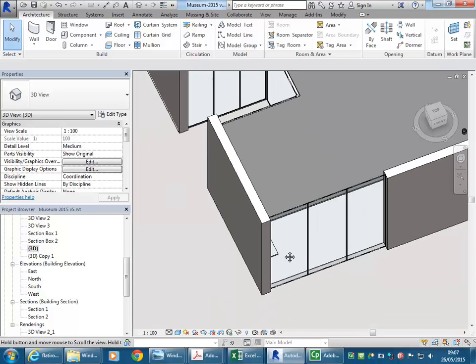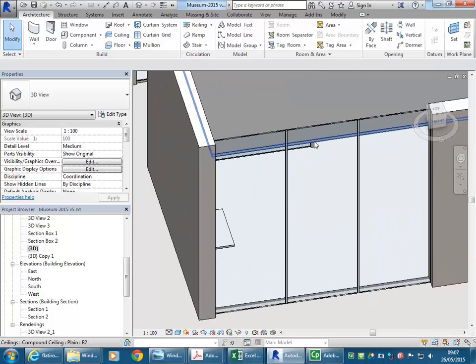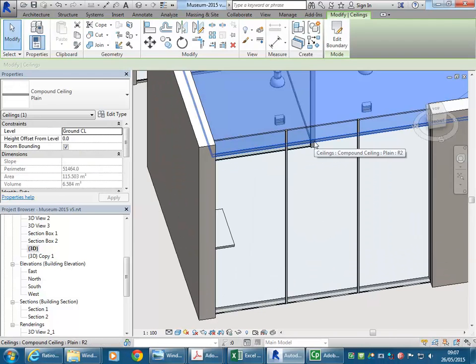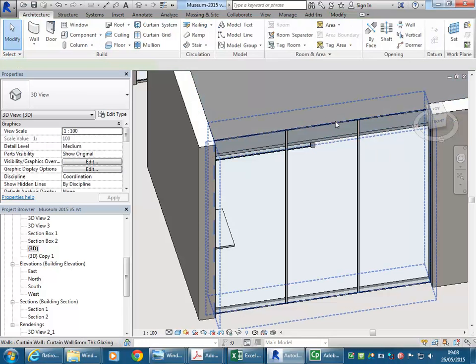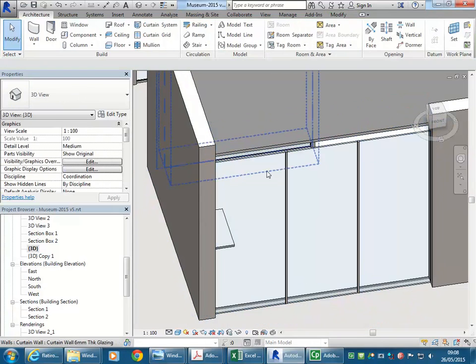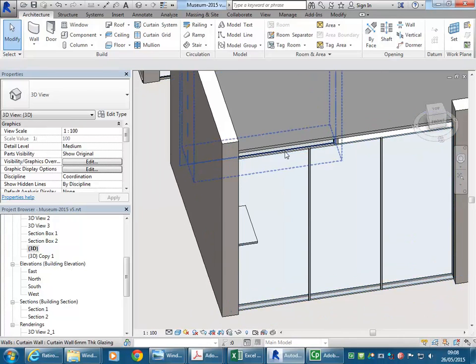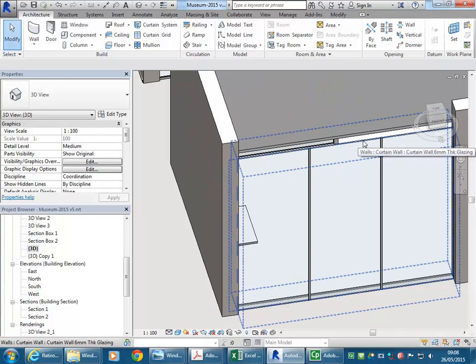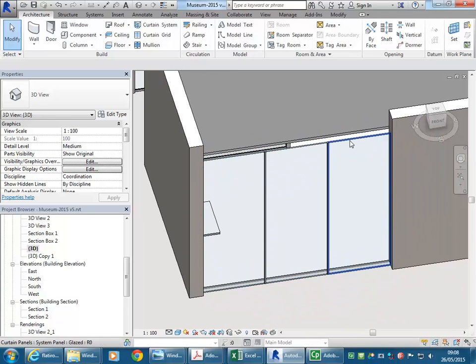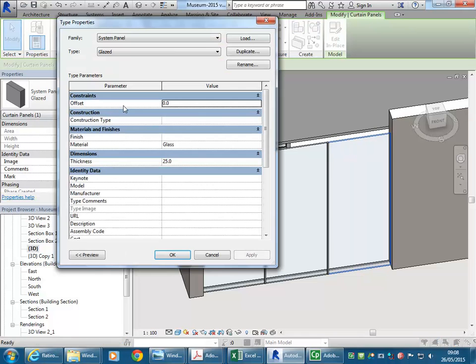And so the final thing I'll show you is how to then put a door into a wall like this. So firstly, you can see the wall is going above my ceiling, so I'm going to select that and change the height of that wall so that it's no higher than the ceiling. And then again, I'm going to use tab to select one of those glass panels. So actually I might select the one on the right. And then if you go to edit type and load,